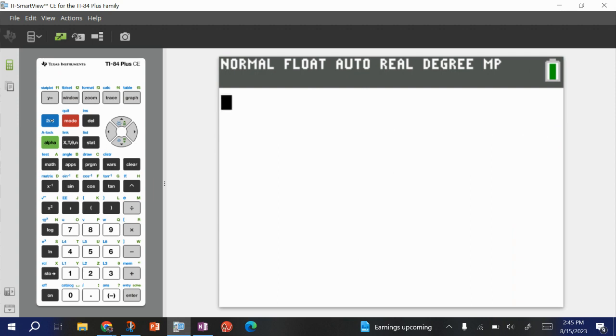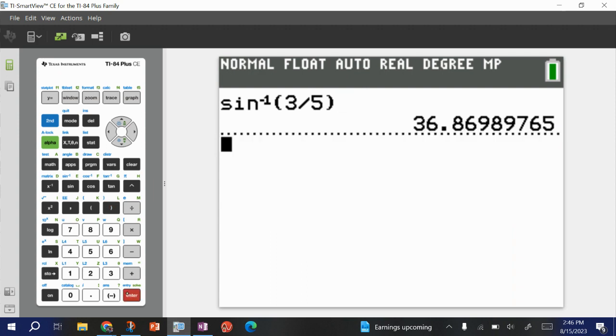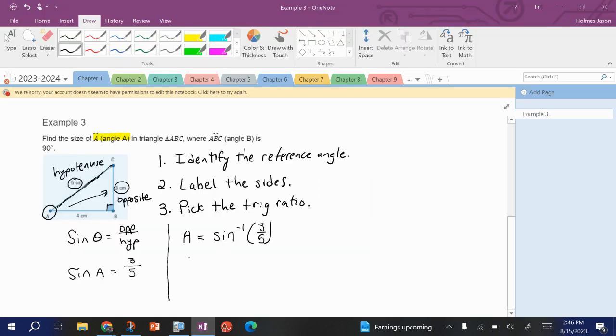So again, I'm going to be using inverse sine. Inverse sine is right above the sine button in blue. So I'm going to press that second button and then sine, which is the inverse sine. And I'm going to put in there 3 over 5. Press enter. I'm going to round that number to 3 significant figures, giving me 36.9. So A equals